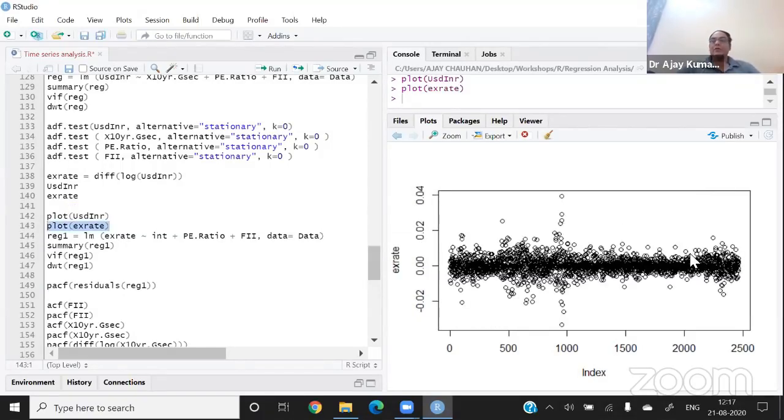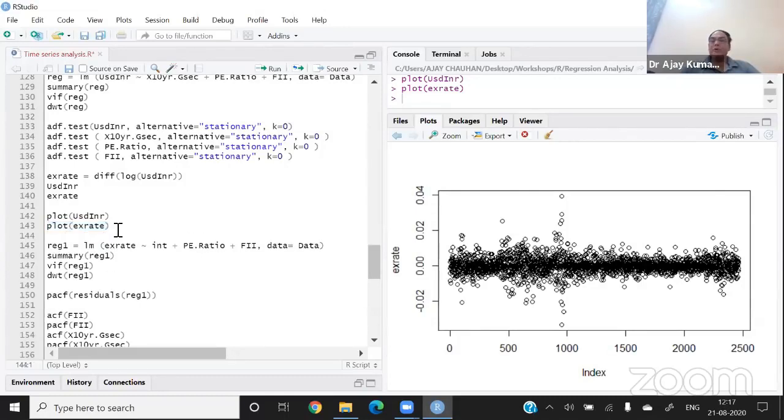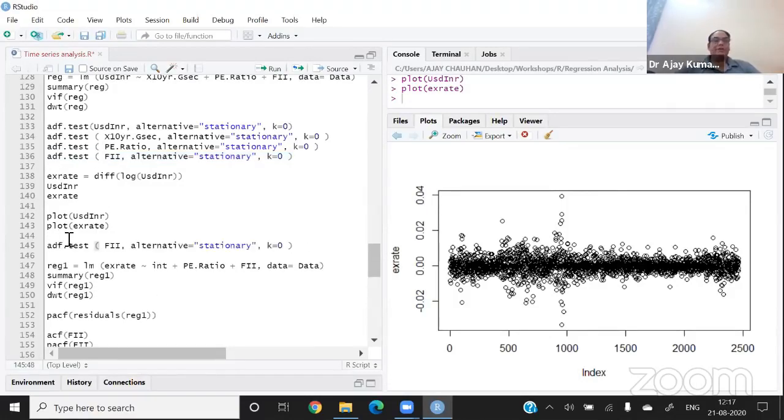So I hope you understand how we transform a variable into a stationary variable. And after the transformation, you can apply the regression model. And if I apply the ADF test on the transformed variable, you can see that this will be the stationary variable. So now let me show you the X rate.